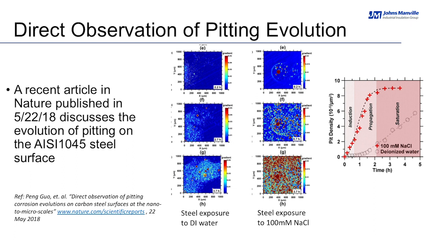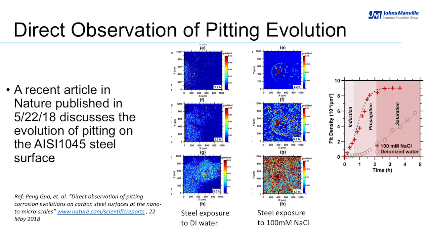the rate of the pit density increases significantly when the material is exposed to sodium chloride, compared to when the material is exposed to the deionized water. In the case of the deionized water, the pit density is much lower. Okay. What they also did is